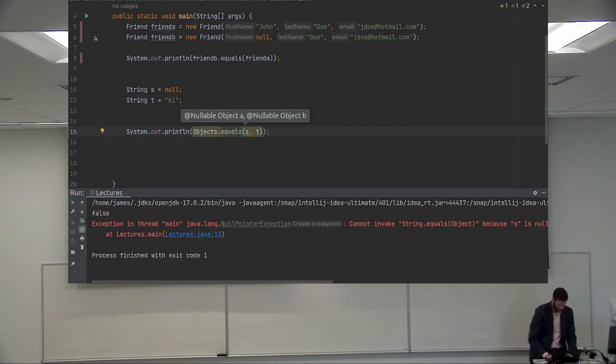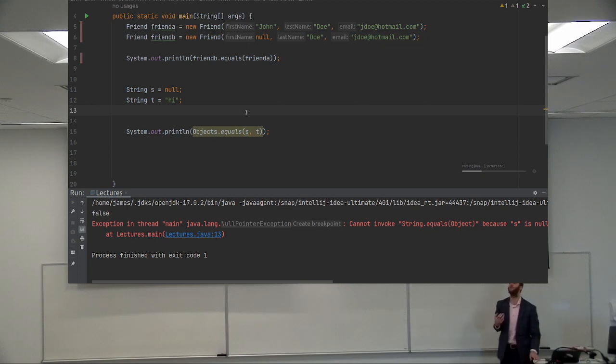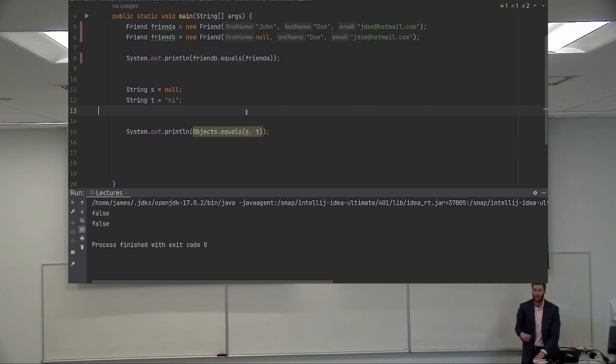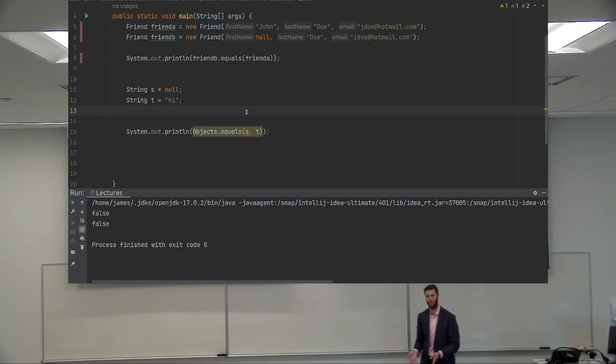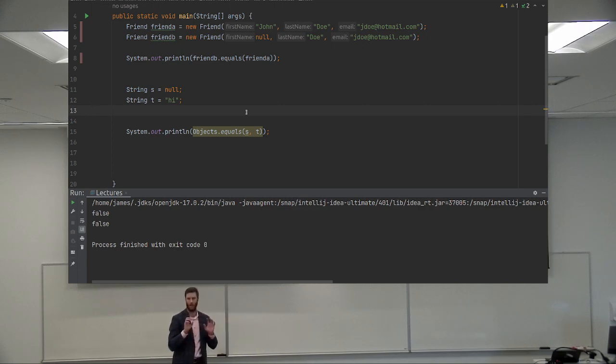There. And if we hit run, it is now a null safe version of equals, because it'll say false. Now it gives me the answer I want. So this function is providing a way to check if the s, this, is null